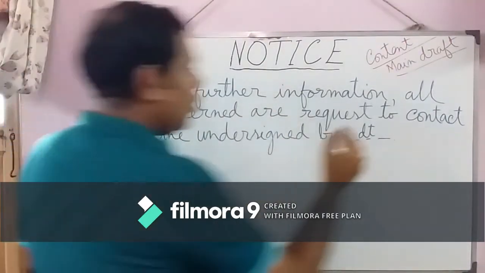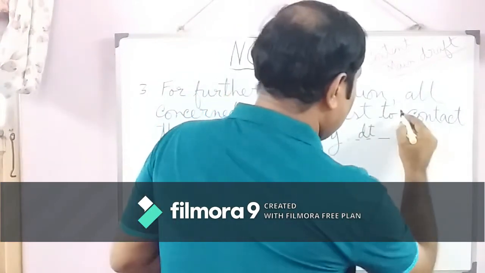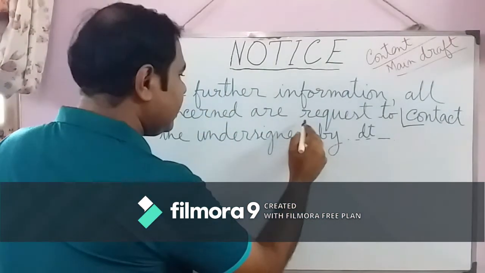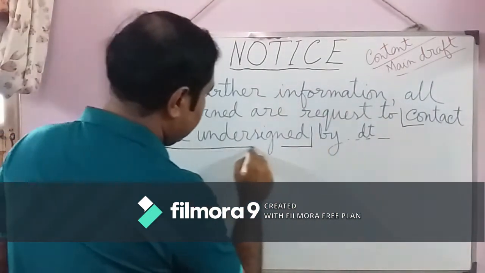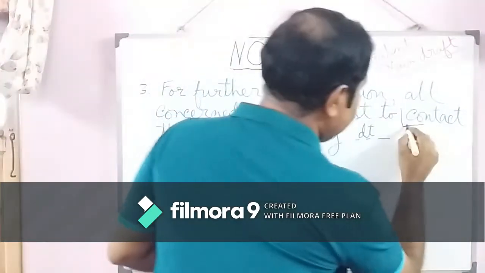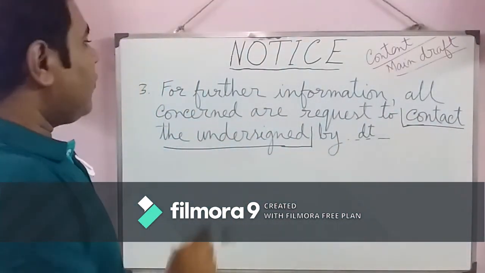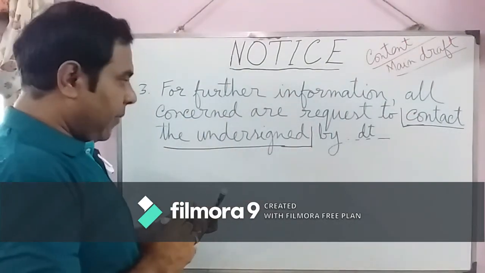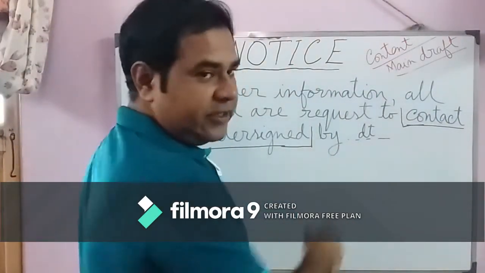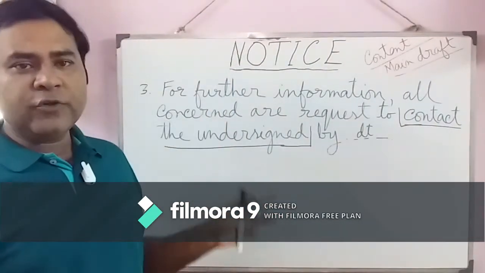Now, contact the undersigned is also again a stock expression that we use in this form of drafting notice. For further information, all concerned are requested to contact the undersigned by, you can put a date here, the last date of the issue. And then an alternative to this